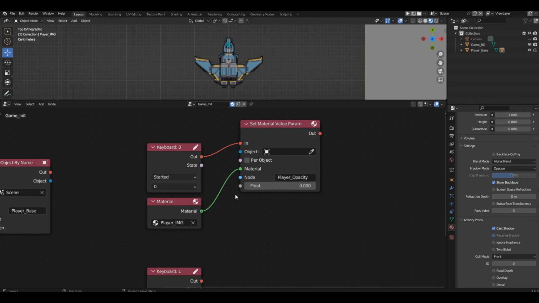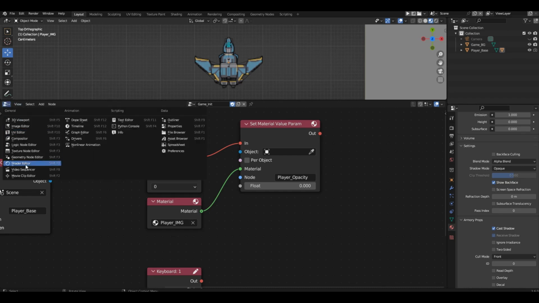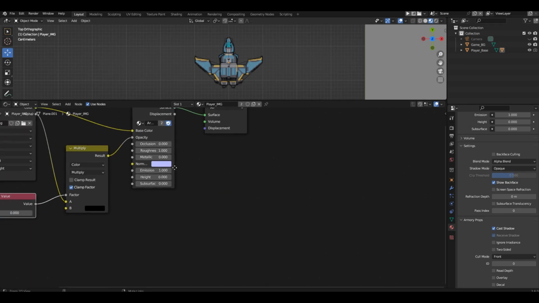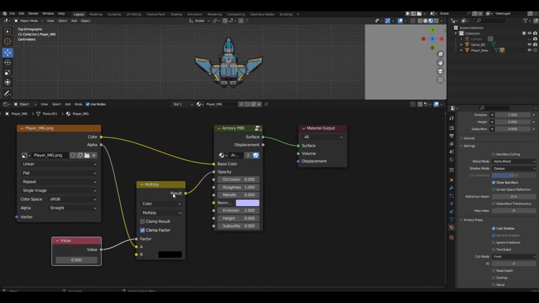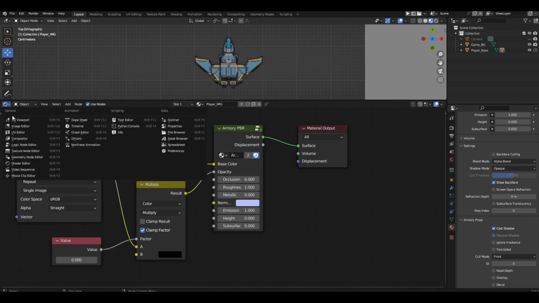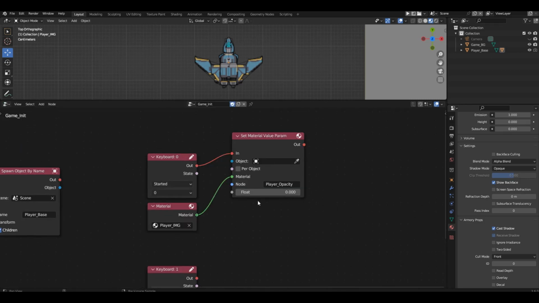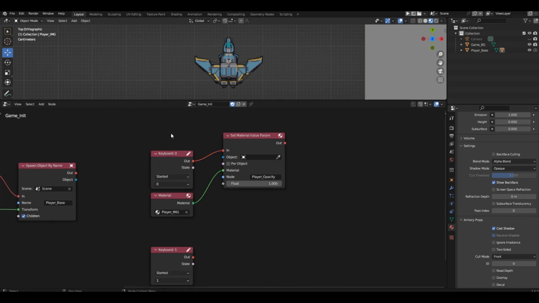And now, to avoid confusion, let's switch back to the shader editor. And look at the values we will need again. So here it is, when the slider is at 0, we see the spaceship. When the slider is at 1, the spaceship disappears completely. Now, go back to the logic editor. Set the value to 1 for the 0 key. This means that when the 0 key is pressed, the factor slider will be set to 1, which means our object will be completely transparent.